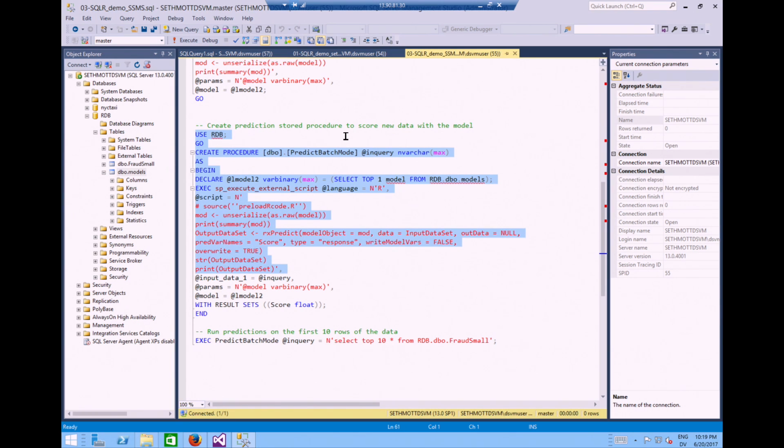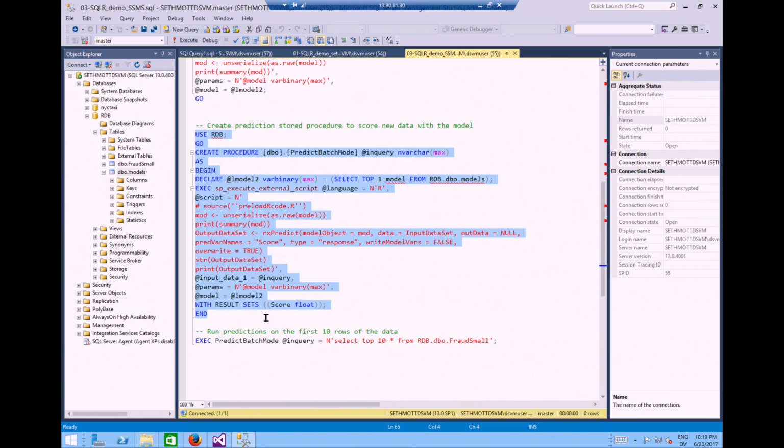R is going to go to that table where we stored the R model object, and it's going to unserialize it so that it goes back to being something that R can understand. And in this case, it's going to make a prediction. Notice here is the rxPredict function again. So let me just quickly run that.